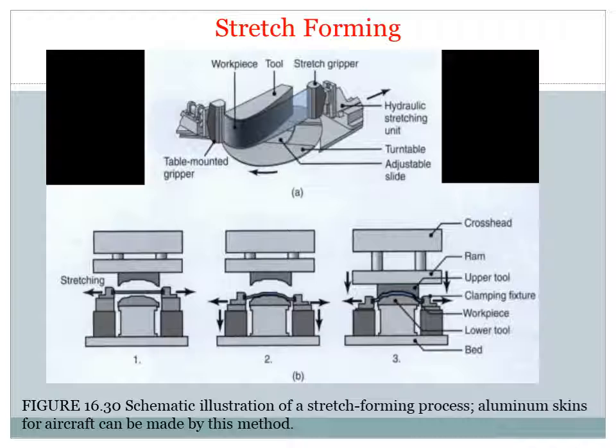So once this stretching and the movement of the ram with heavy force from the top applies heavy load, the proper formation happens on the blank and the shape is transferred onto the blank. So this kind of operation when the sheet is in the stretched condition is called stretch forming.